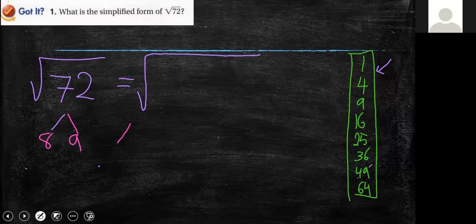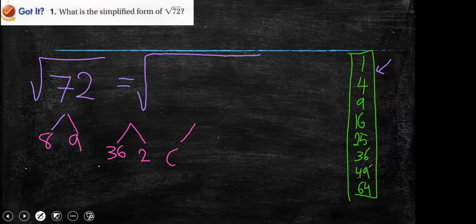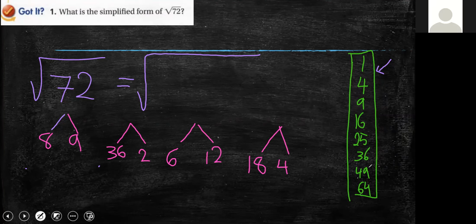Yes. You can say also it is 36 times 2. You can say also it is 6 times 12. And we can say it is 18 times 4. Is it right? All of these are factors of 72. Is it right? Yes, teacher. Okay, then the second step, after you factorize them,